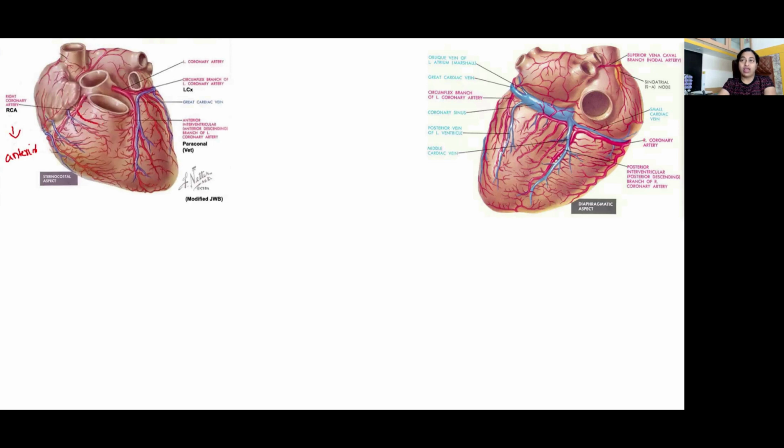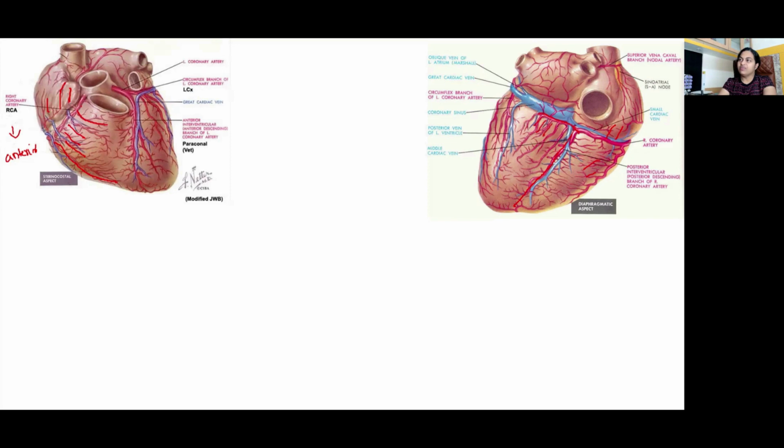So what is happening to the right coronary? It will give rise to the right conus artery, then branches to supply the sternocostal surface of the right ventricle. One goes along the inferior border, that's called the right marginal artery. Branches supply the right atrium, and they go on to supply the SA node. Behind, branches will be given off to supply the posterior surface of the right atrium, the right ventricle, and then the posterior interventricular branch. The right coronary crosses the crux of the heart to anastomose with the left coronary.